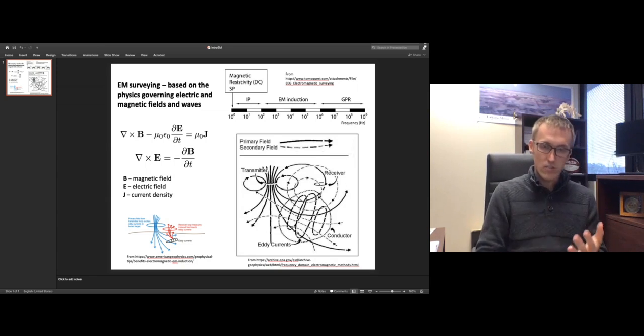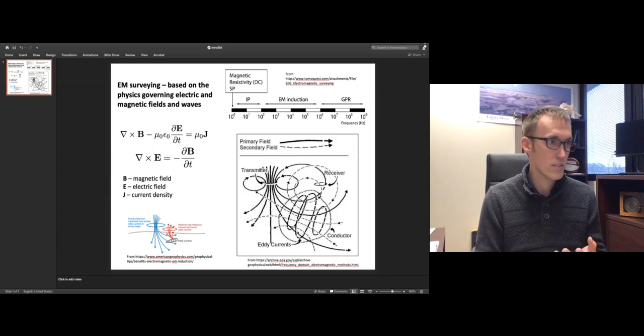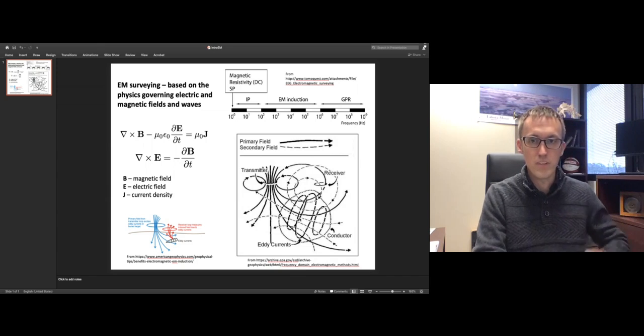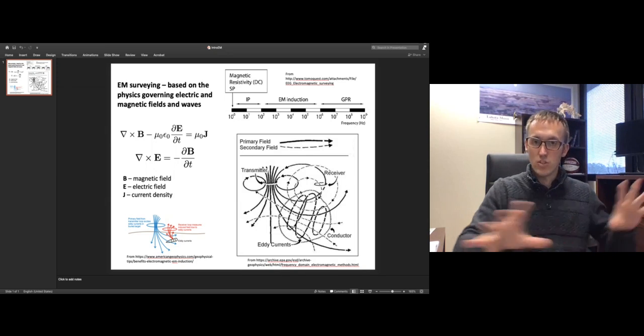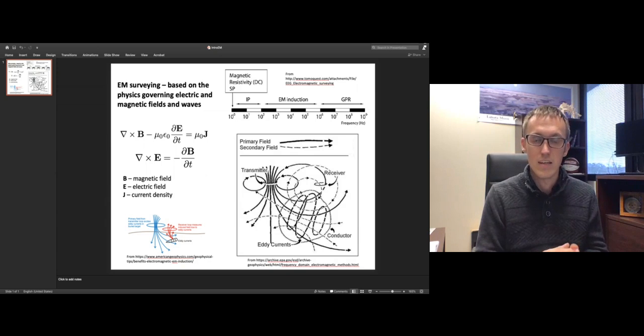So we're generating an electric current, which generates a magnetic field around those currents, which generates electrical currents in the body that we're targeting from those magnetic fields that we've generated from this current, and those electrical currents in the body, in the target, in that conductive body in the subsurface, are going to generate secondary magnetic fields. And then, so we're generating all these things, and then we receive them,